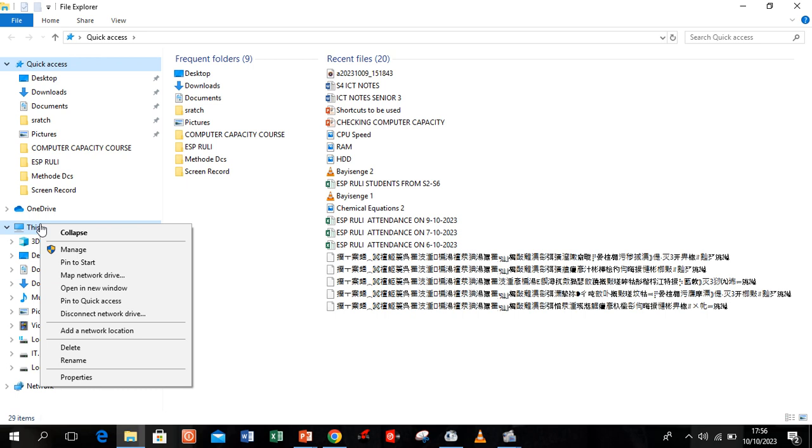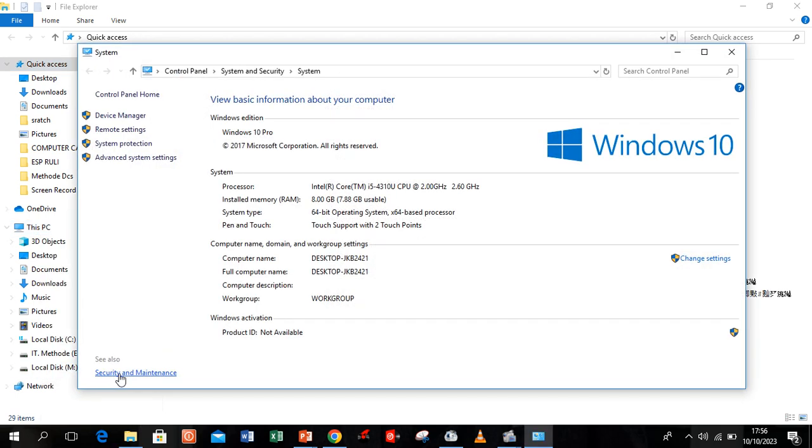After pressing right click, I will scroll down and I click on Properties. After clicking on Properties, my screen will display the characteristics of the Windows which is installed in my computer. In these properties, I will see the processor of my computer and the RAM size of my computer. You see, the processor is